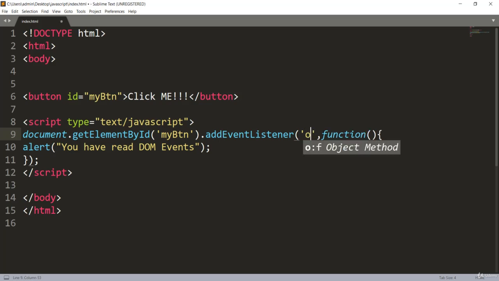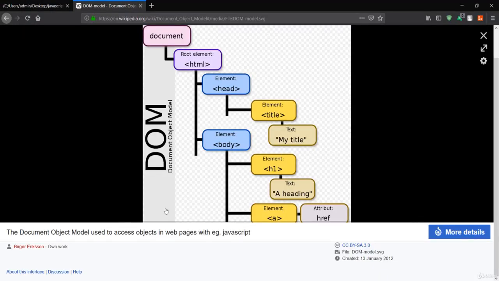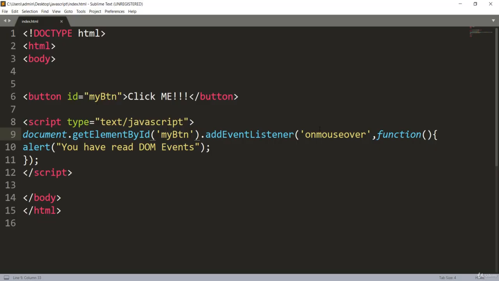You can also give another listener, like mouseover. Let me save this, go back to Mozilla, and try onmouseover. It is not valid; it must be something like mouseover.